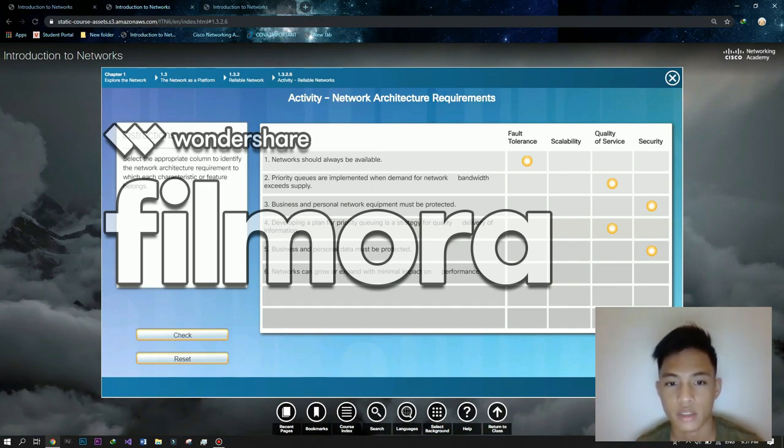The data must always be protected when it comes to network, because there are many threats out there, like the hackers, all the malicious softwares. Networks can grow or expand with minimal impact on performance. So I think this one was for scalability, as a network should be